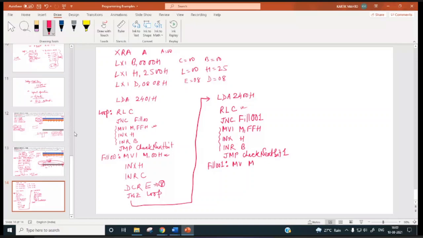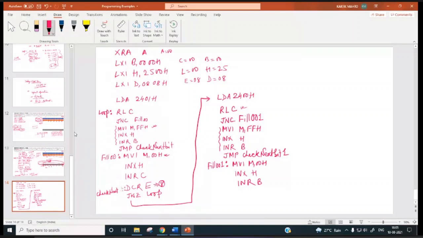So here it will be MVI M, 00H, INX H, INR C. Not jump, sorry, INR C. Acha, this check next bit will be over here.